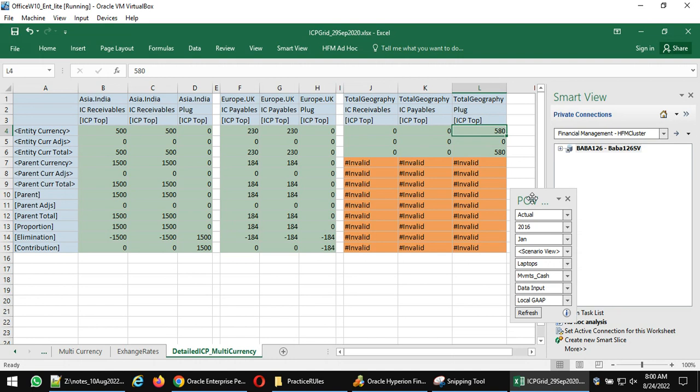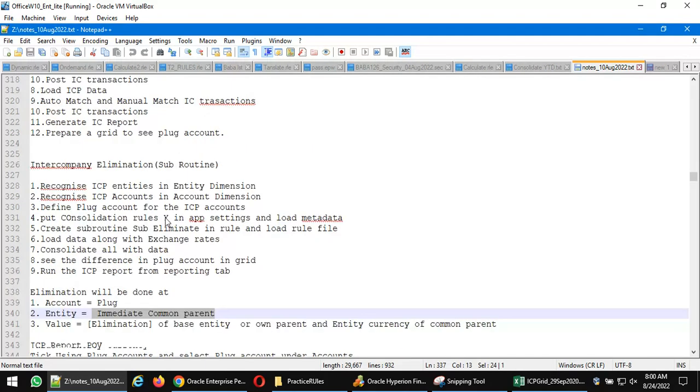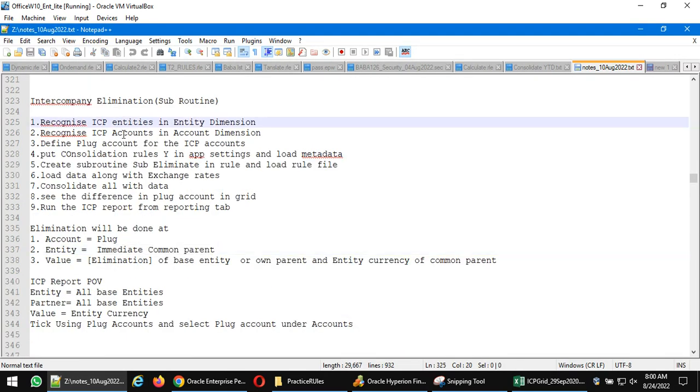See, intercompany elimination is a one-time activity. You don't design it frequently. While designing, we take care of all these steps, whatever steps I have given you: recognize ICP accounts, entities, plug account, consolidation rules, load metadata, create a subroutine and load rule